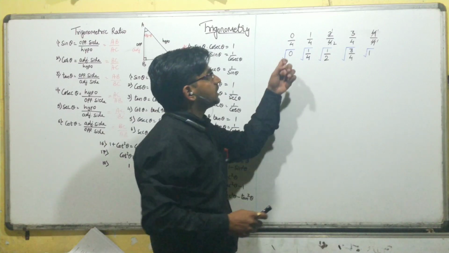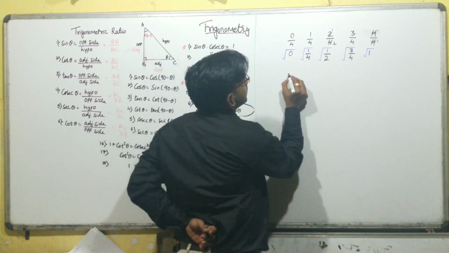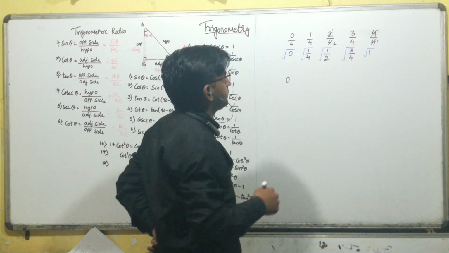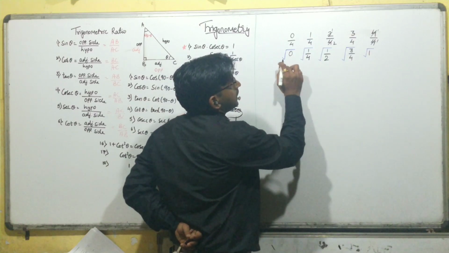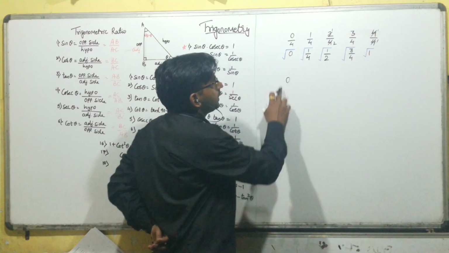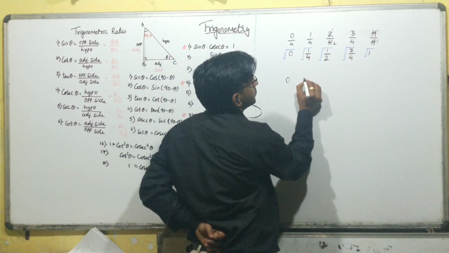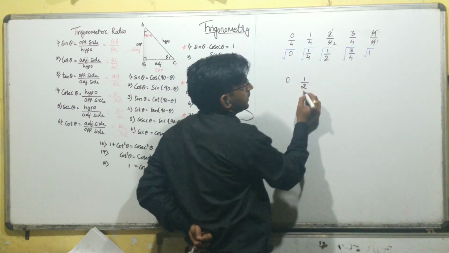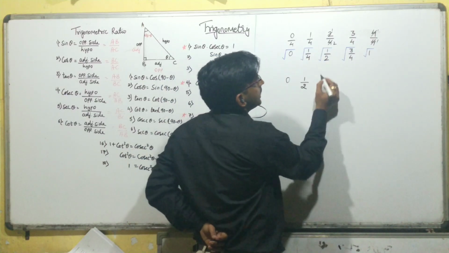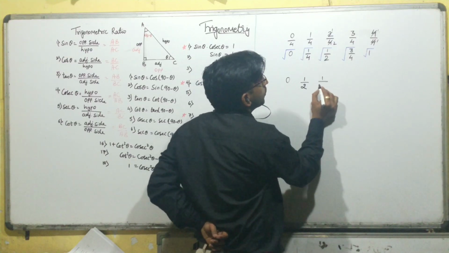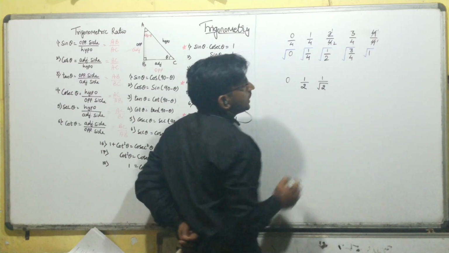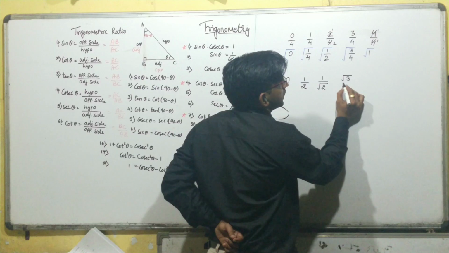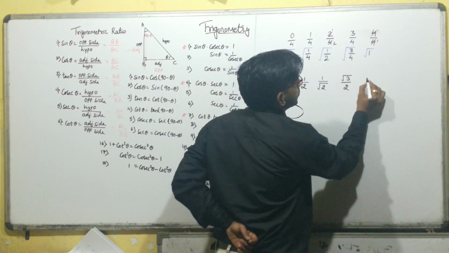So you know that square root of 0 will be 0 only. See, I am leaving some space. Why? That I'll explain to you later. Leave 1 or 2 lines if you are writing a table. Square root of 0 is 0, square root of 1 is 1 and square root of 4 is 2. Then here, the square root of 1 upon 4 is 1 by 2. This will be square root of 1 is 1. For 2 we don't have a square root, so we'll write this as under root. For 3 we don't have the value, so this will be root 3, and square root of 4 is 2 and square root of 1 is 1.